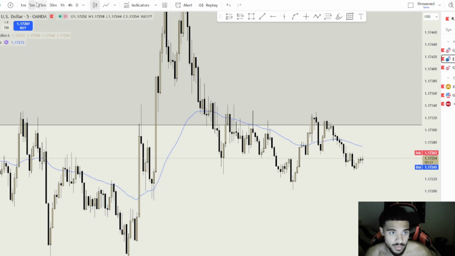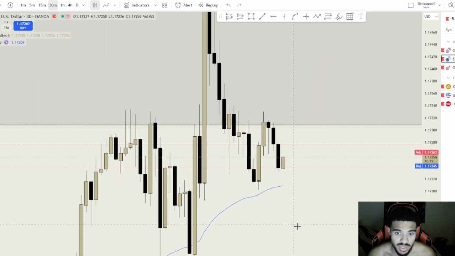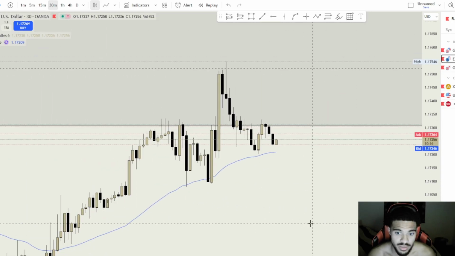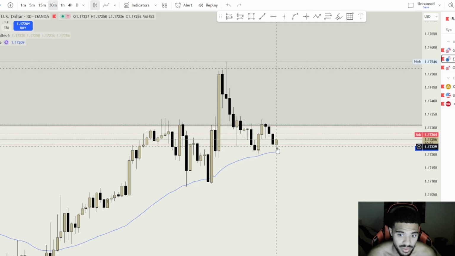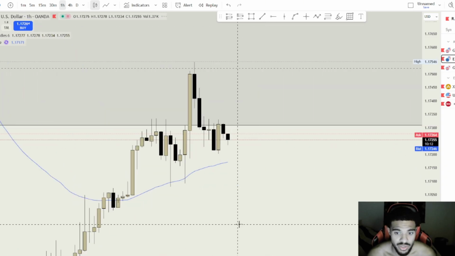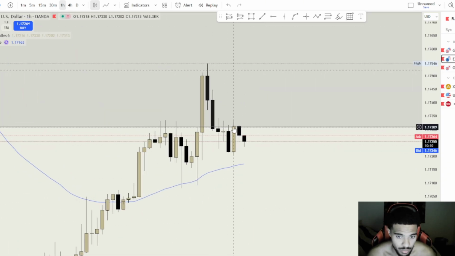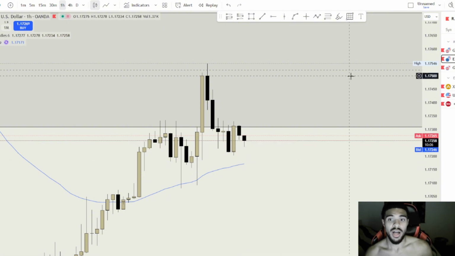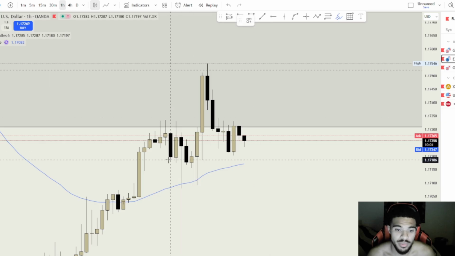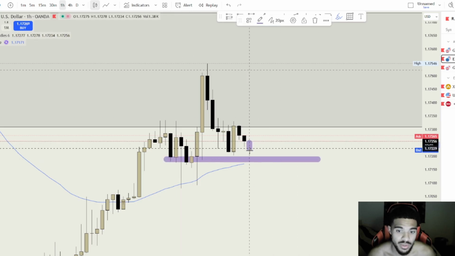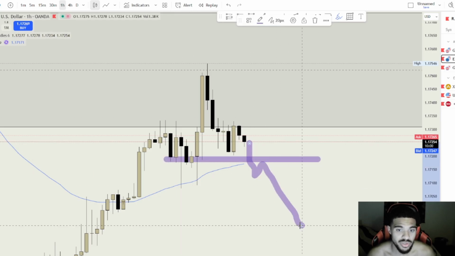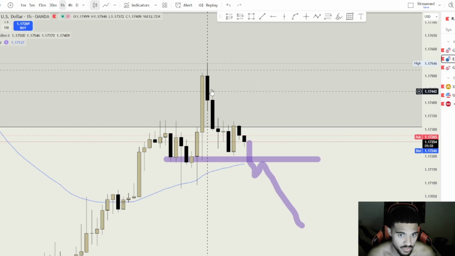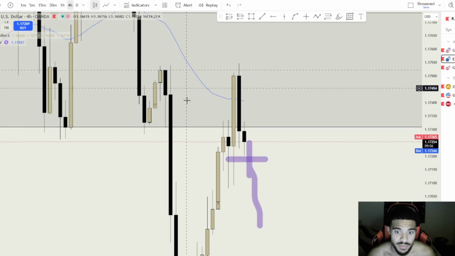I mean, on the 30-minute time frame, as you can see, head and shoulders on its own 30 minutes. So could do the same thing around here. You have to wait for a bearish engulfing, potentially on the hourly. We did get a bullish engulfing here, so these two are kind of weak, but we're out of session. I personally would probably be looking for a break of this level now. A break, retest, and then price to continue to go down. But we have had a nice rejection off of the zone, like I said.